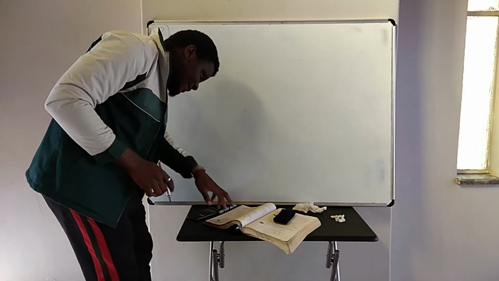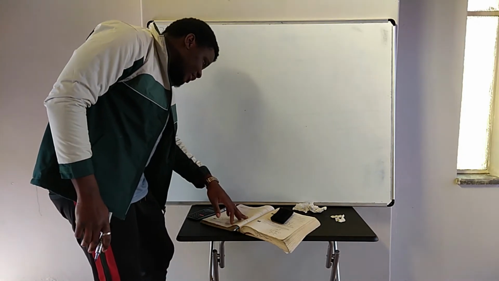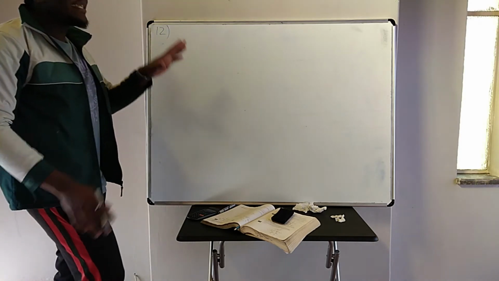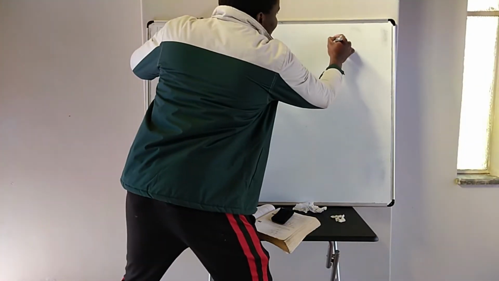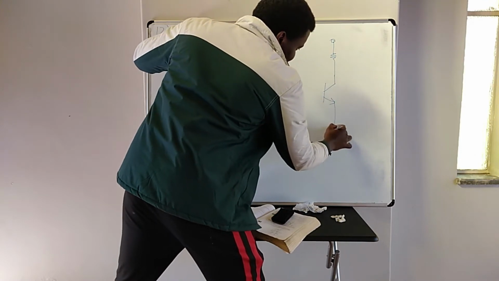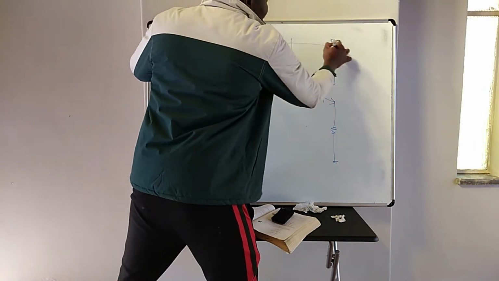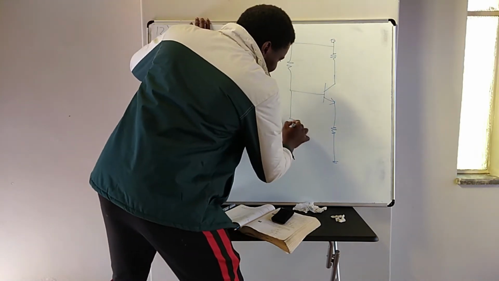So question 12, what did they say? They said connect a 10K load across that. To repeat question number 11, so guys, they say the sketch is the same now. Let me repeat the sketch.